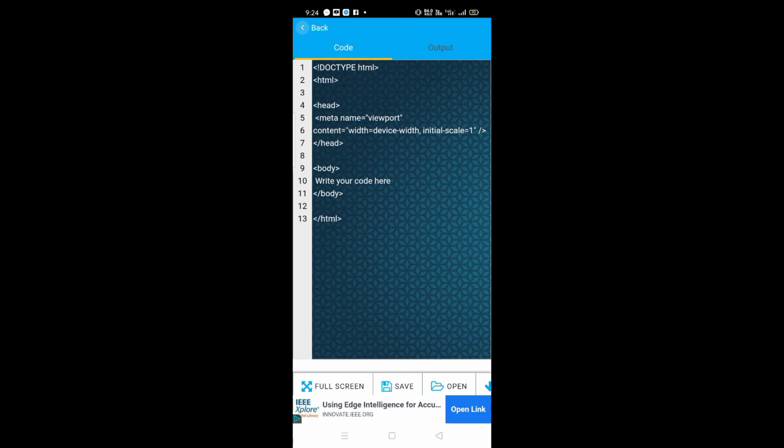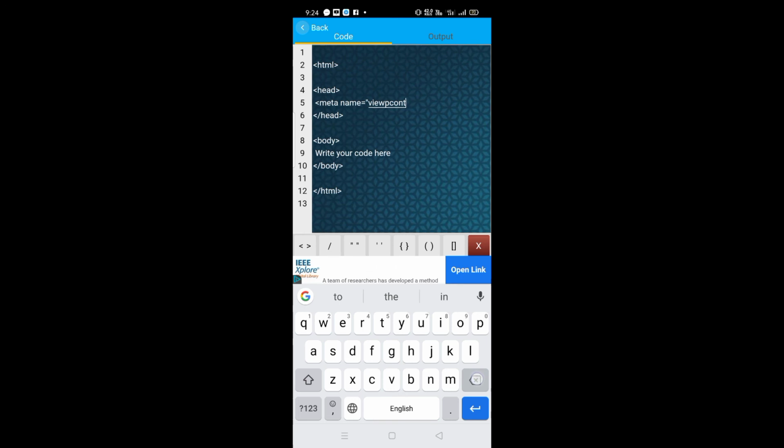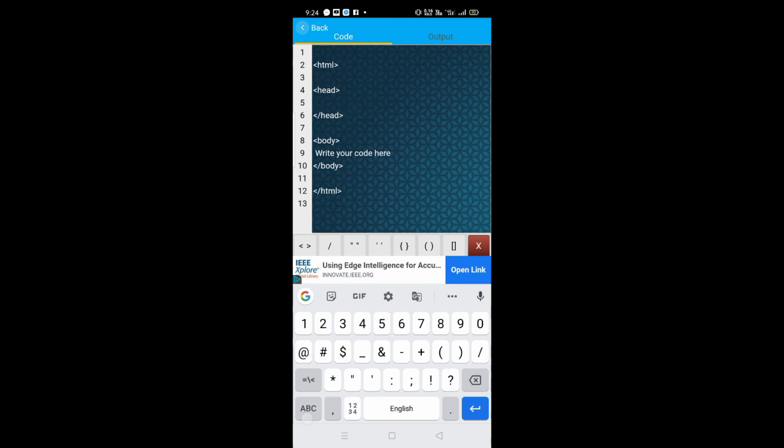Here you will get the syntax, whatever I told you. So the first line you delete, and the HTML and head, you will need all this, no need to delete. Then the metadata and content, whatever you do not need, you delete it. Okay, and then you can try it. Inside head you write the title, then inside the body you write whatever code you need, everything, and whenever you finish writing your coding.